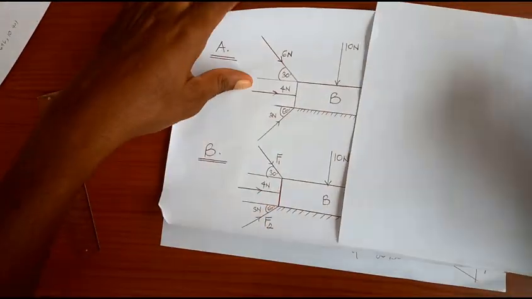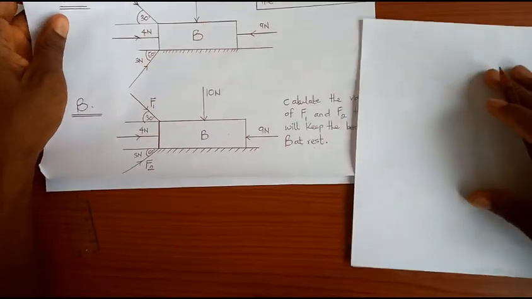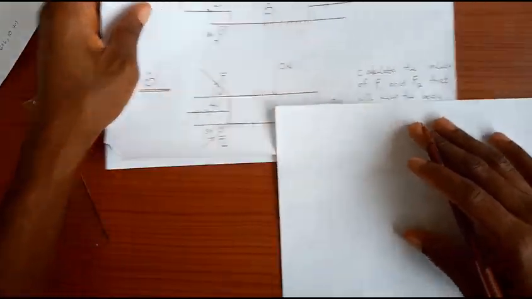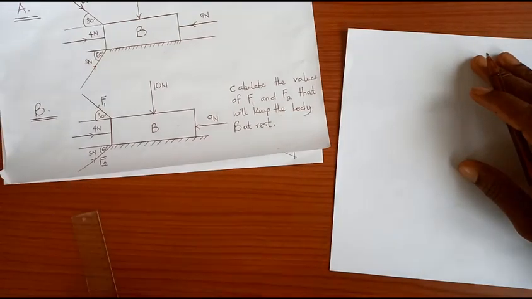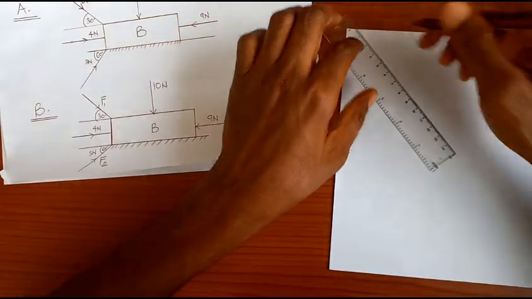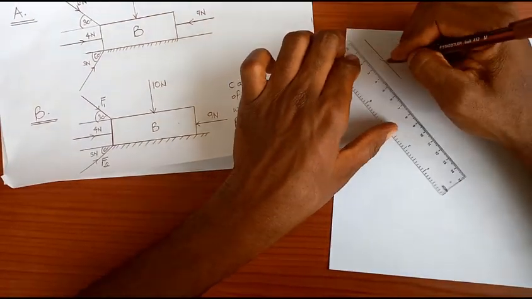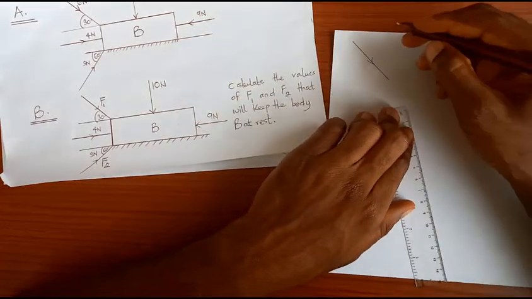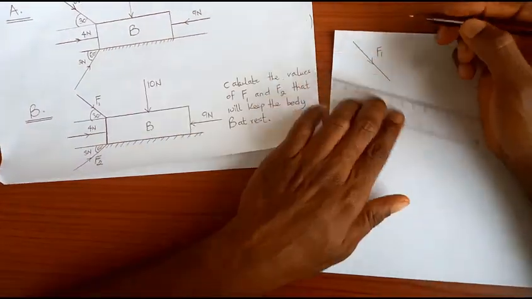So I'll do the same thing. I'll sketch and indicate where these forces are going. Let me put this here, and hopefully you can see. So let's take the F1. F1 is going this direction. Can you see? F1